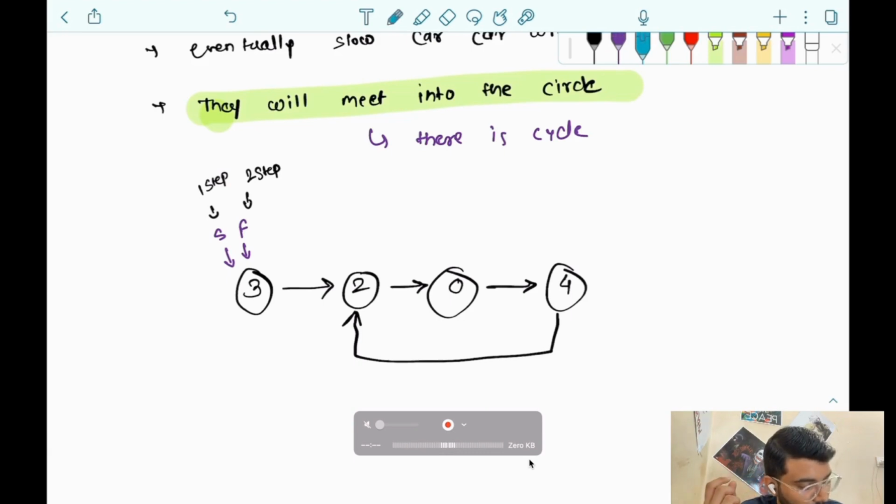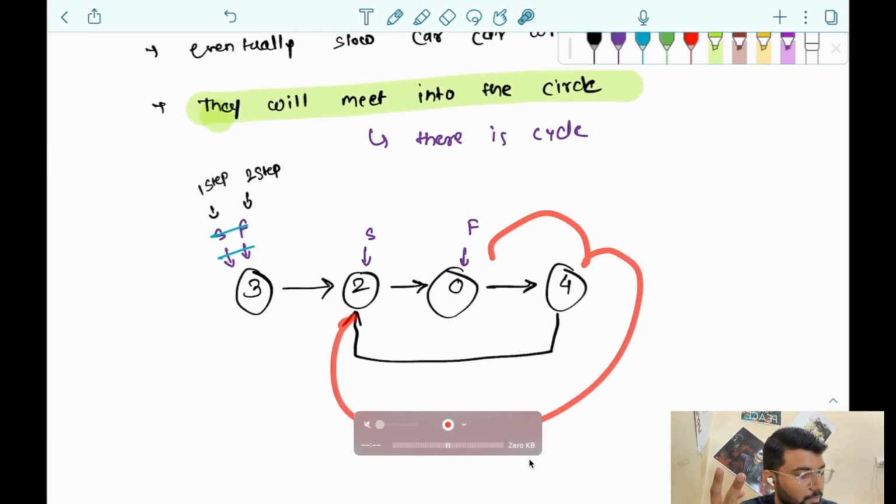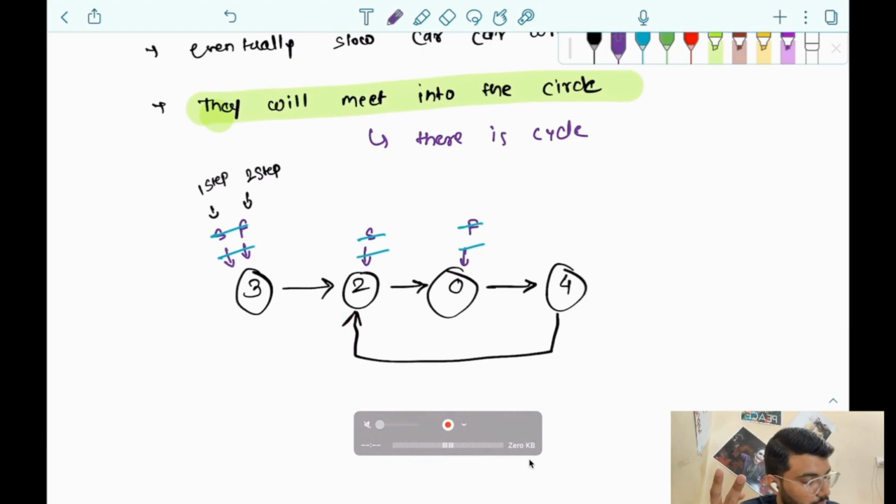Can we say that? Let me strike through this. So slow car will be here and fast car will be here. After the second iteration, slow car will be on the third node and fast car will come here and again here because of the cycle. Let me strike through this. So slow car will be here and fast car will be here. After the third iteration, slow car will be on the fourth node and fast car will be also on the